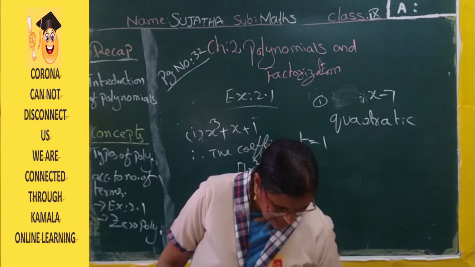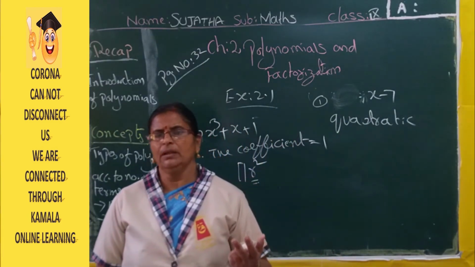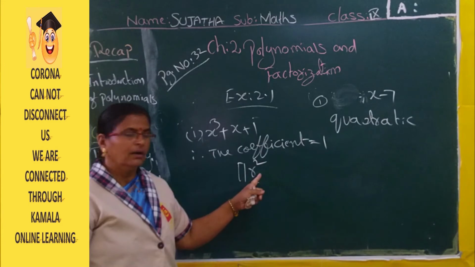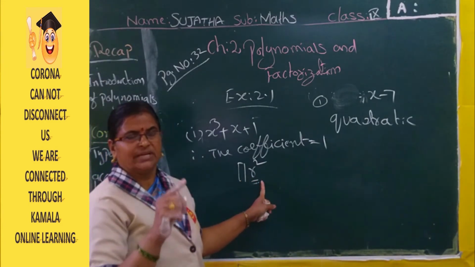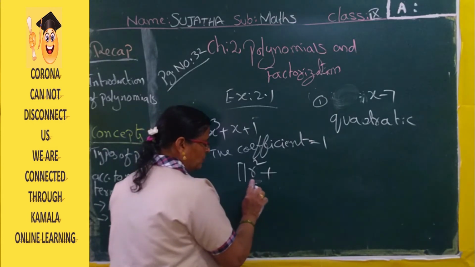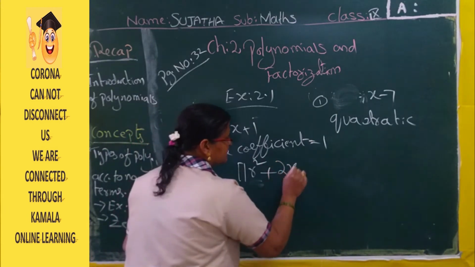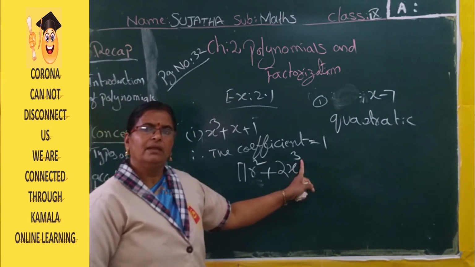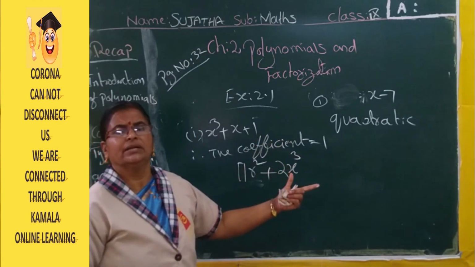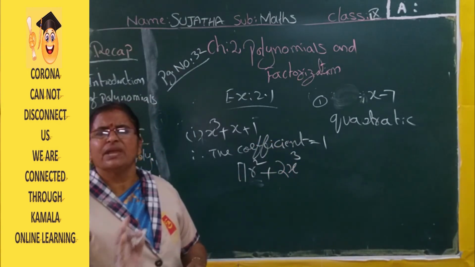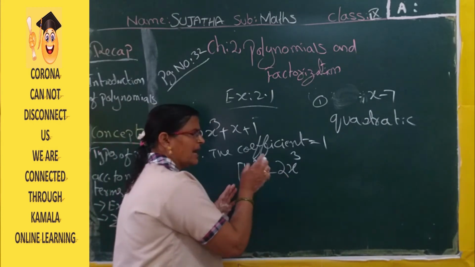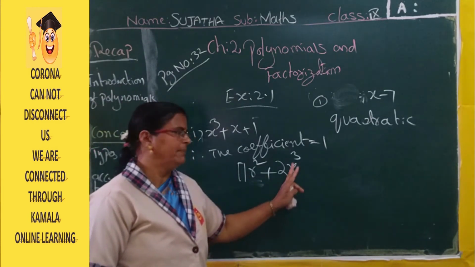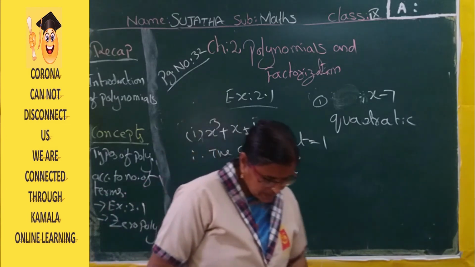Now, a binomial may have degree 3. Yes, a binomial may have degree 3. If a single term is there, it is a monomial. Suppose a binomial has two terms, like this one, and the power is 3. You can take not only 3, any power you can take. But here we have to classify the polynomial according to the terms. So we are concerned only with the number of terms, not their power. So every binomial can have the power 3. Okay, no problem. Next one.